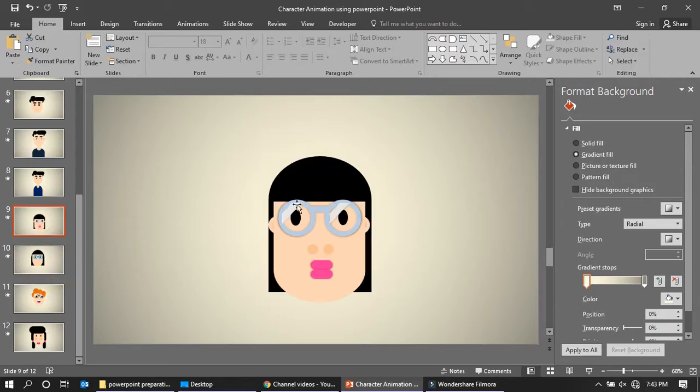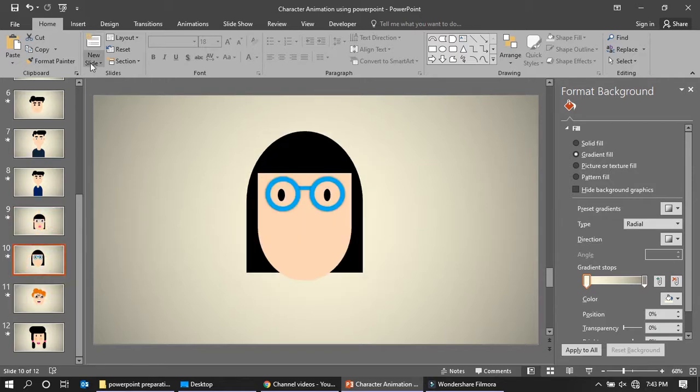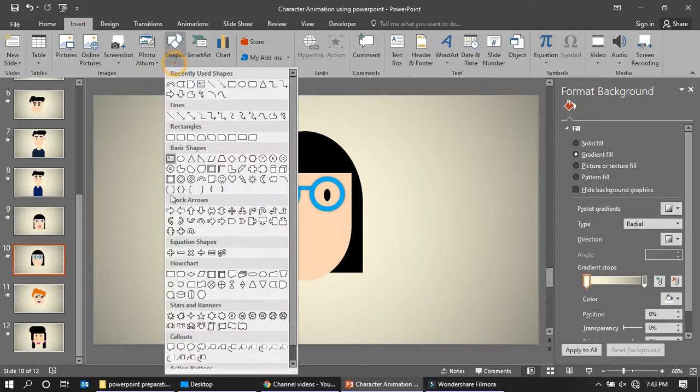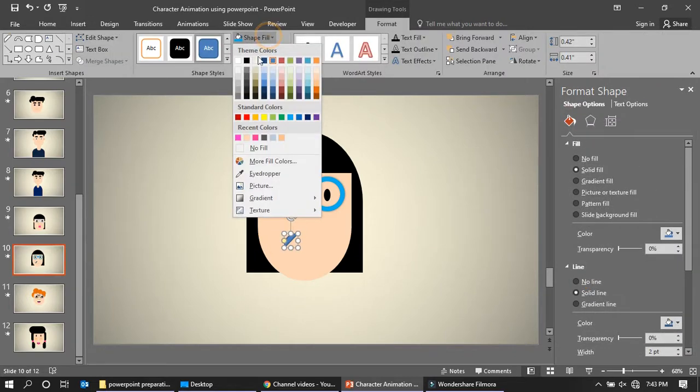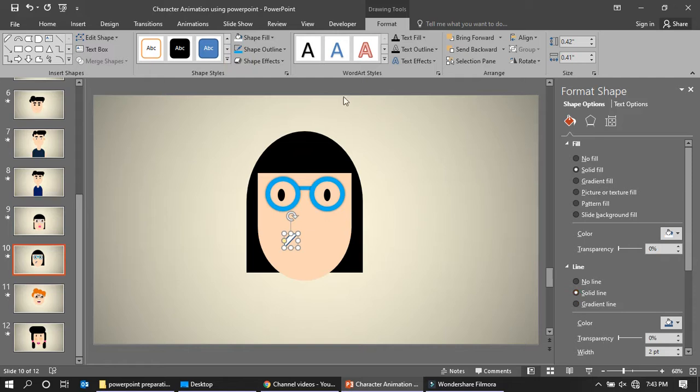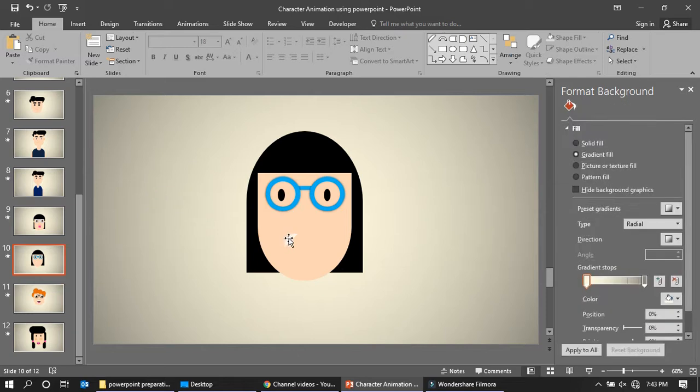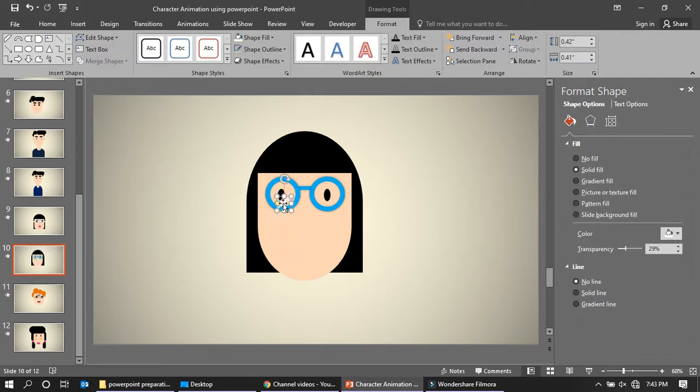And the next part was a glass effect. So what I've done is that I just went to insert in the shape. There is an effect like this. So just I've used this one. Just I made a white color, no outline, transparency I've reduced to something like this. This one I just put it over here,